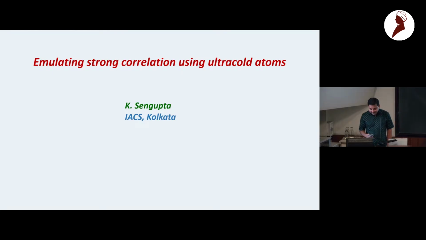COLLOQUIUM. So Krishnendu is a senior professor in Indian Association for Cultivation of Science, Kolkata. His work involves several aspects of theoretical condensed matter physics, including transport in topological quantum matter, ultracold atoms, and non-equilibrium dynamics. He did his MSc from IIT Kharagpur and PhD from University of Maryland in College Park. He was also in Yale and Toronto as postdoc, and then came back to India as faculty. He has received a lot of awards.